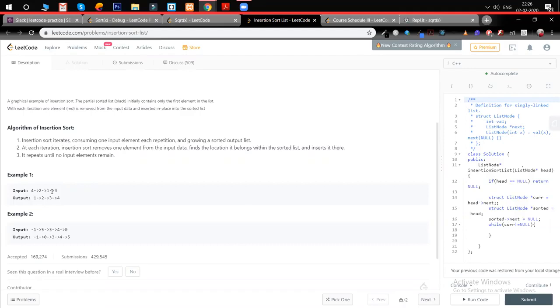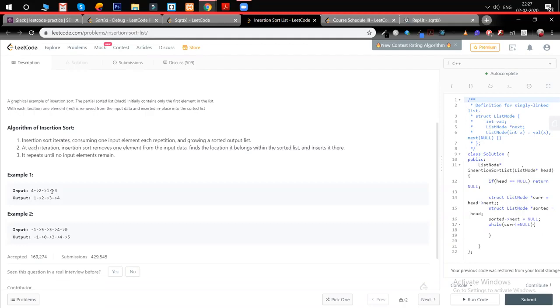If we find a number which should be inserted at the front, there is another algorithm to insert at the front. If we reach the end of the linked list, then we should know how to insert a node at the end of the linked list. And if we have to insert at some middle position, apart from the front and last, then there is some other algorithm to insert.